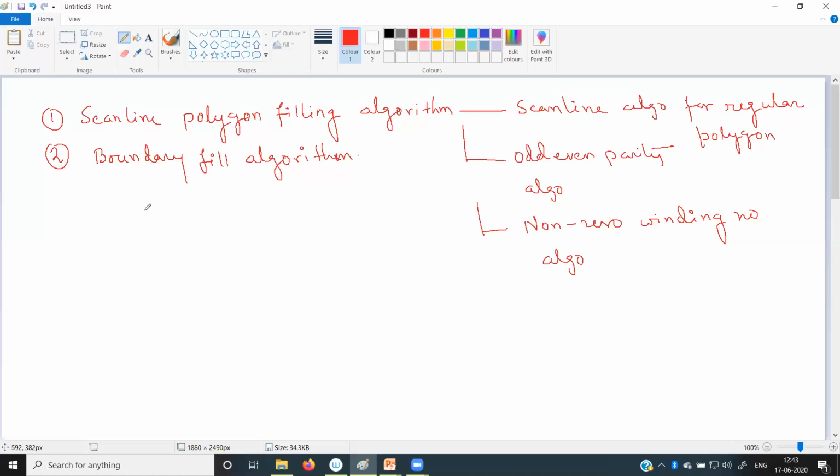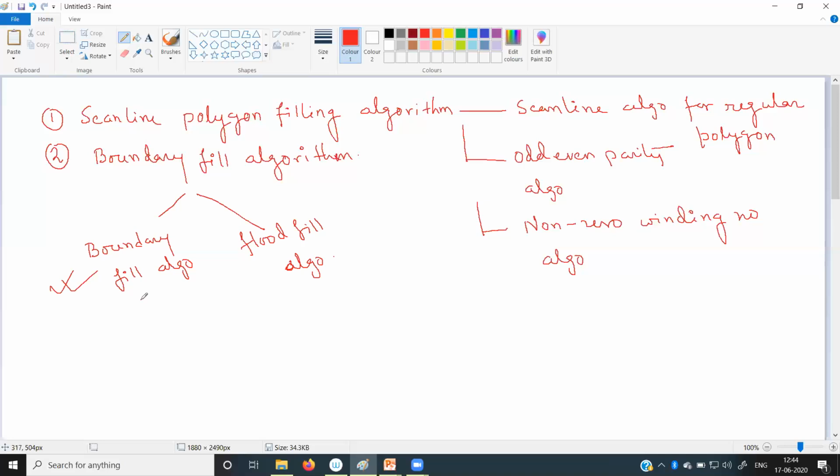In my last class, I also discussed the boundary fill algorithm, which is basically of two types. The first is directly known as the boundary fill algorithm, and the second is called the flat fill algorithm. Today I will show you the limitation of the boundary fill algorithm.